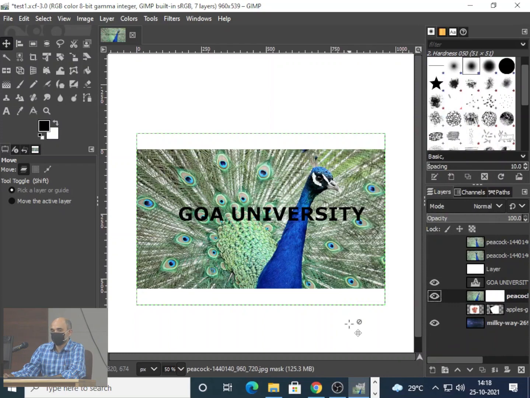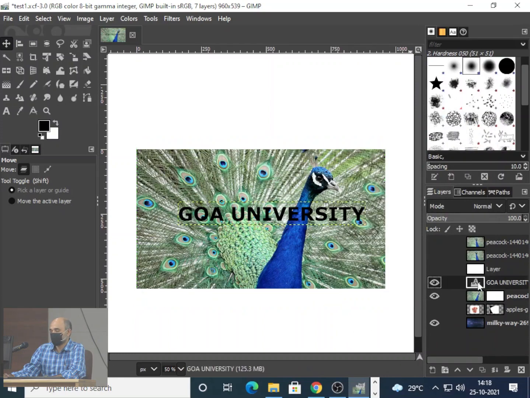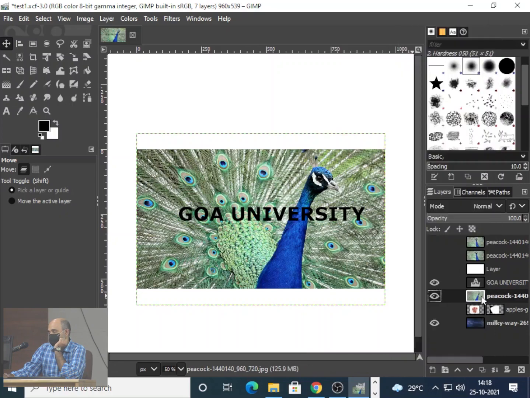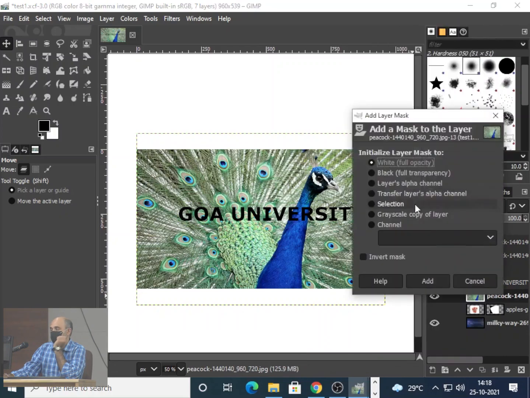Okay, so I've added something there. So the mask is there. Now in here, what is the color? And what did I select here? Let me just remove this mask. What did I select? White, right? White is full opacity. Then what will it do? Whatever is in white will be shown, whatever is in black will be removed.